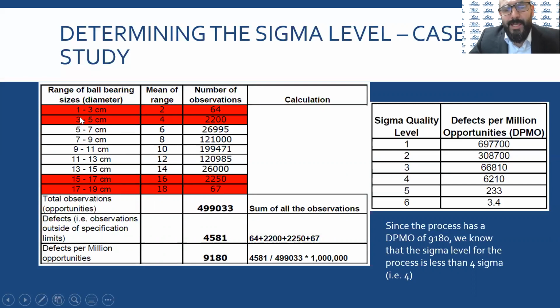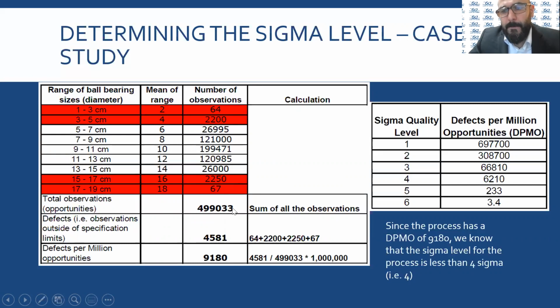So you know that anything between 1 and 5 is not acceptable. This is a defect. Anything over 15 would also be not acceptable. So you will see these are in red because these are not acceptable. The total observation is listed here. And now find the defects